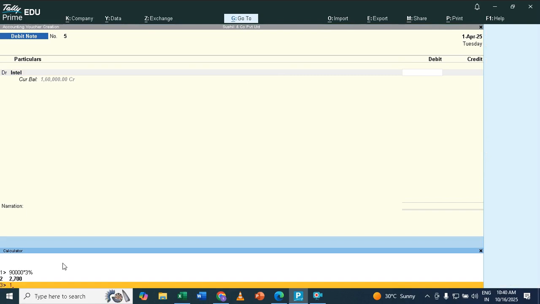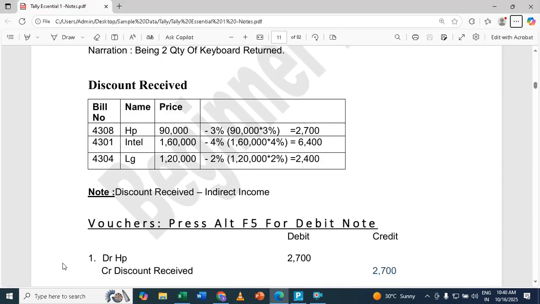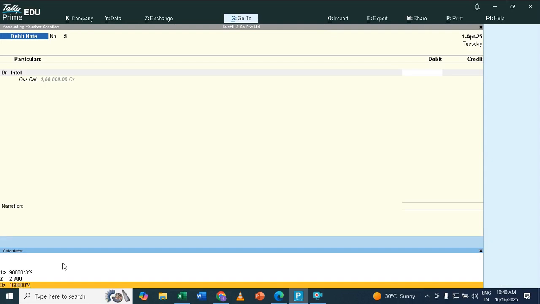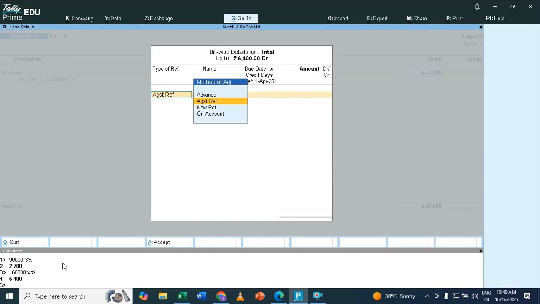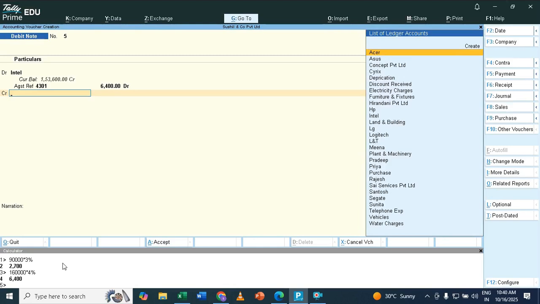Just type your 1,60,000. This is the amount into how much percentage you are saying, 4%. So you write down 4 and give that percent sign. When I press enter, automatically it will come. See, you just say adjust reference, 6,400 is the value. I don't have to use the mouse and click like how I did the earlier one. And then come down here like this and come to discount received, enter.